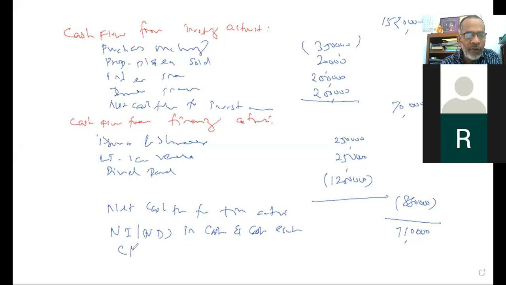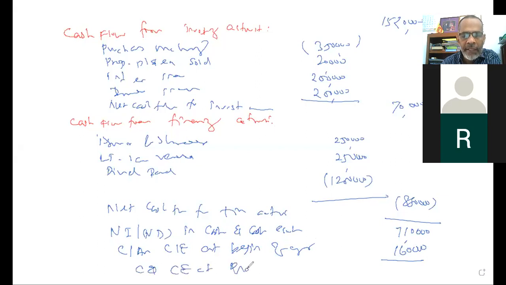With that, you have to write down cash and cash equivalent at the beginning of the year, which is 160,000. Cash and cash equivalent at the end of the year is basically 870,000. I think this example